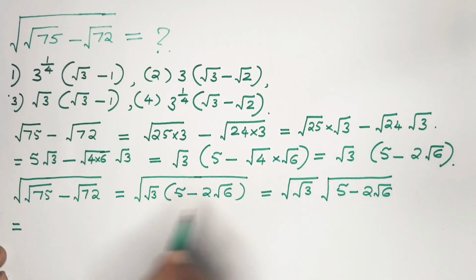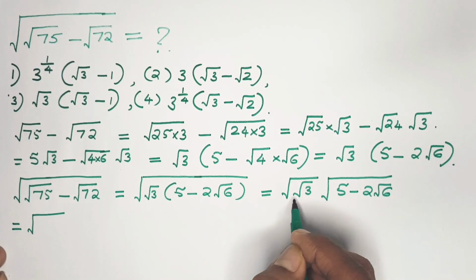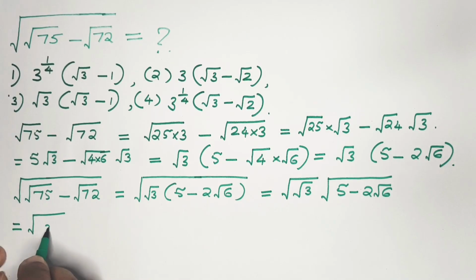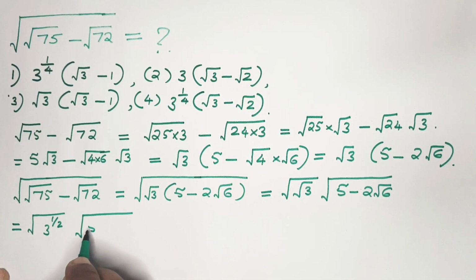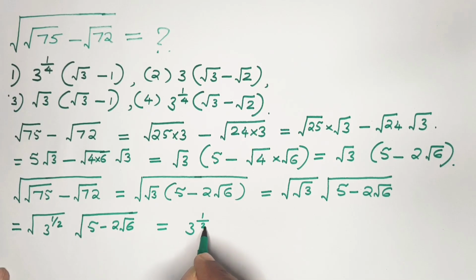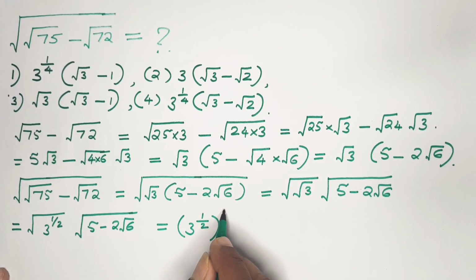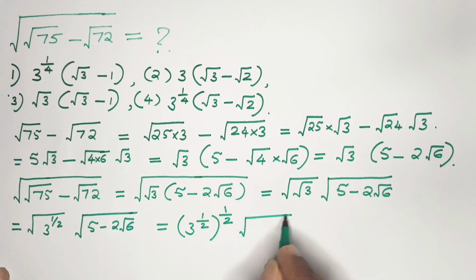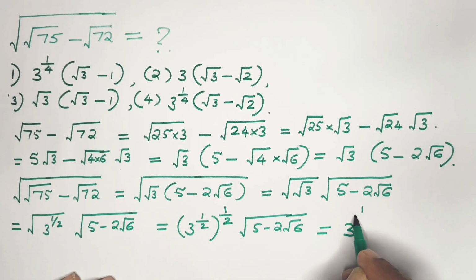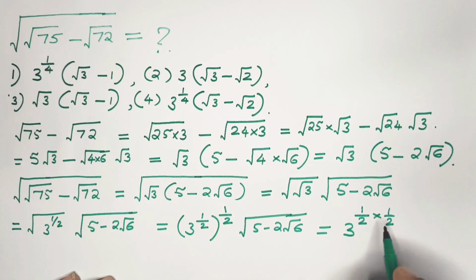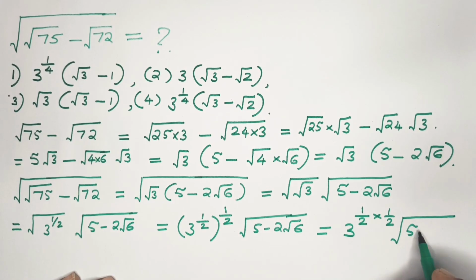That equals, see, using the outer square root, the inner square root, you can write 3 power 1 by 2. Square root is nothing but that number raised to 1 over 2. So this is what you get. And then comes the other term. Now this is 3 to the power of 1 by 2. This square root, let me replace by the power, which is 1 by 2. Then you have the other term. This on further simplification: 3 to the power 1 by 2 multiplied by 1 by 2, square root of 5